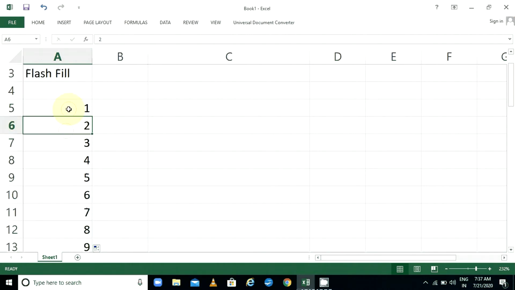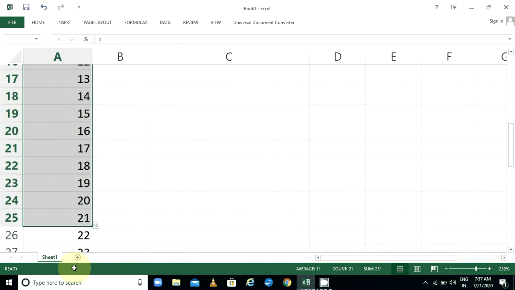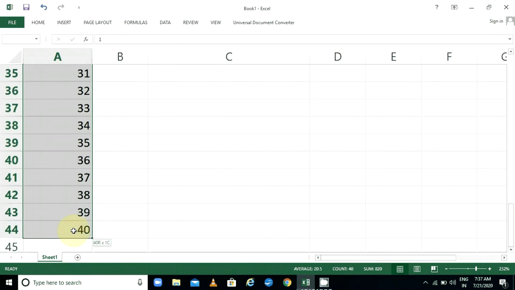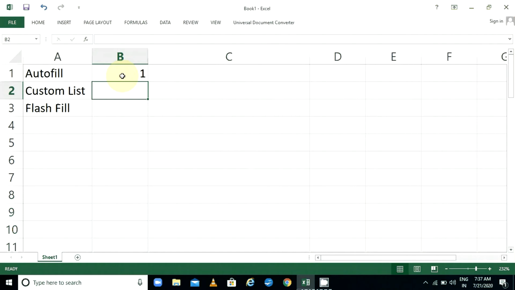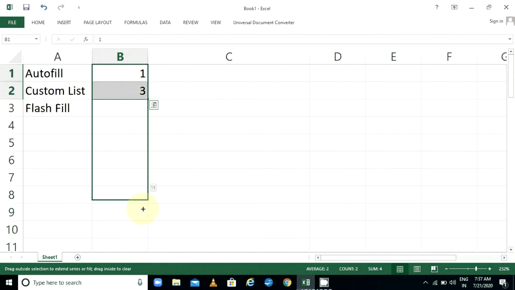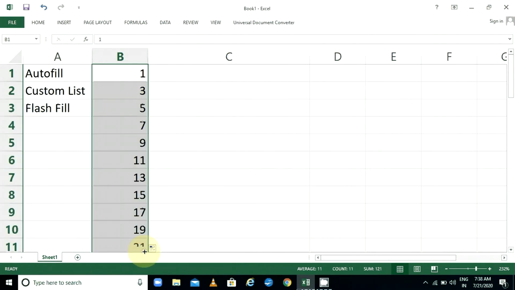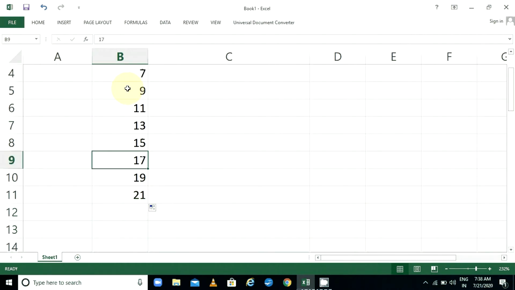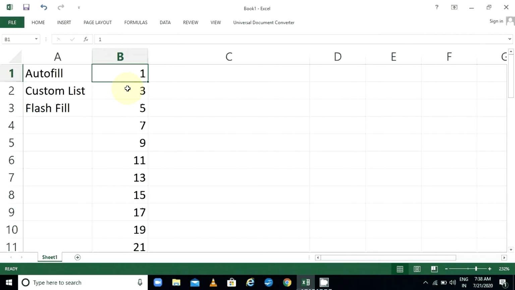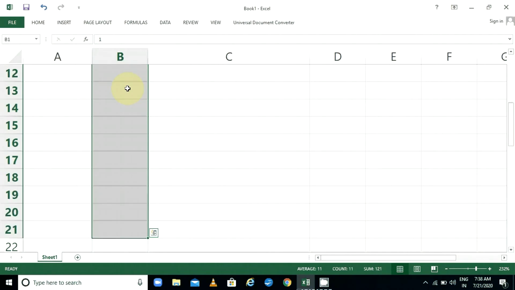It can even fill numbers at regular intervals also. Here it is a regular interval of 1. Now suppose you want to fill a series like this. First should be 1, then second should be 3. Now what should be next? It will decide itself. See, when you drag it, you get the numbers alternately: 1, 3, 5, 7. We can say it is a series of odd numbers. So all odd numbers in the series will be generated. Like this you can generate a series.